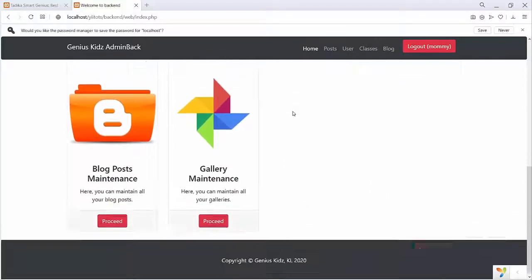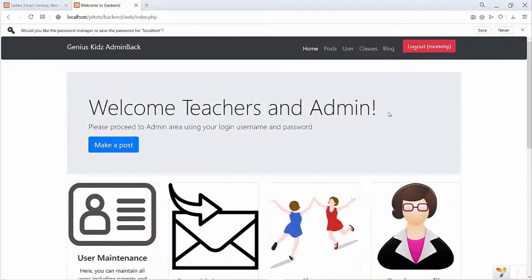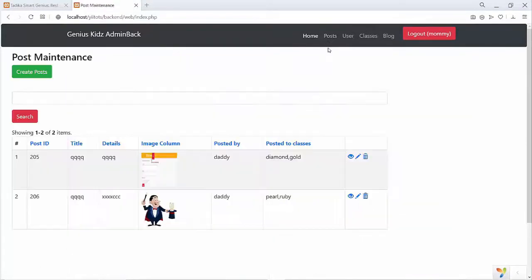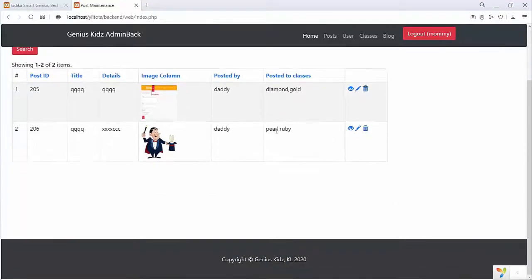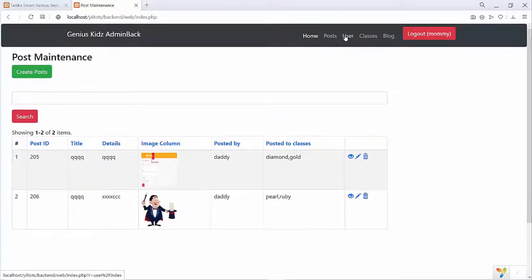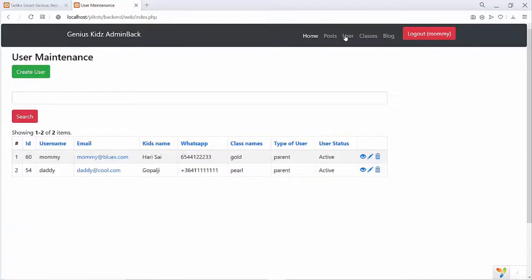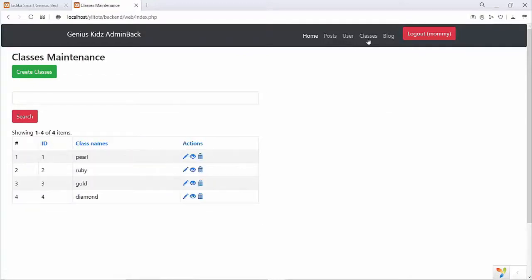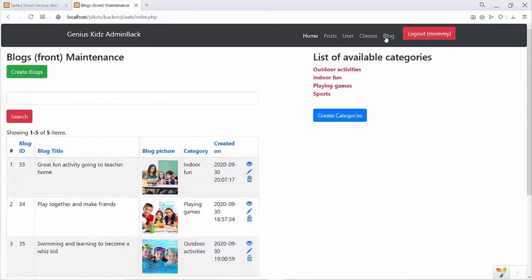I need to put certain controls so that mummy or the teachers can see. Just I want to demo you the back end. You can see here the posts. You can do posts, right? And then you can put the user. You can put classes, blog, whatever you want to post, you can put here. All are visible in the front end. Whatever you do in the back end will be visible in the front end.